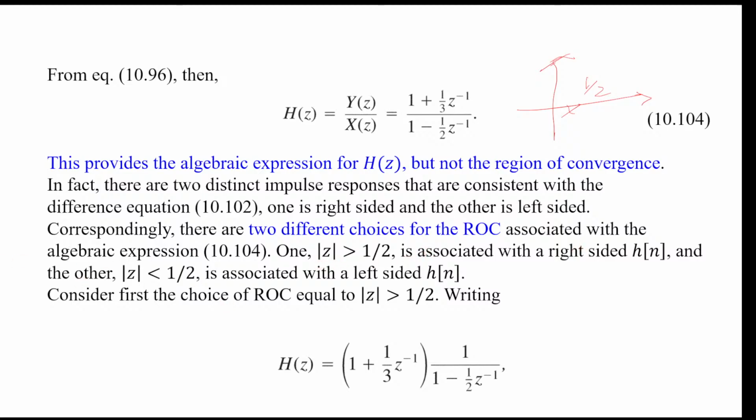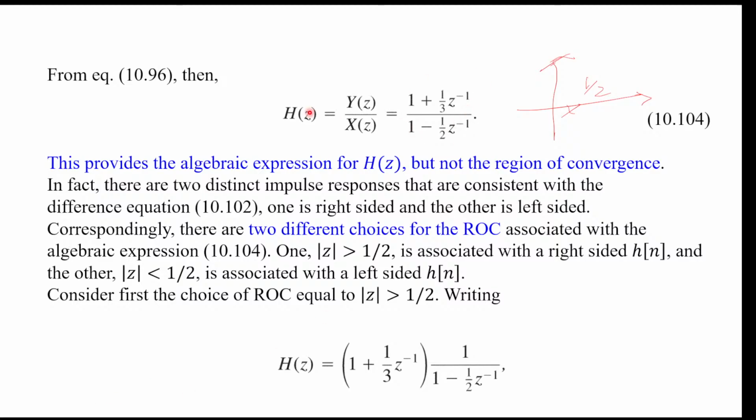If from our condition you decide your ROC is outside the pole, then you will get a right-sided impulse response for your system. Otherwise, if you determine your ROC is inside the pole, then you will have a left-sided impulse response. Now we try to do the inverse transform with different ROCs. First, if your ROC is outside the pole,